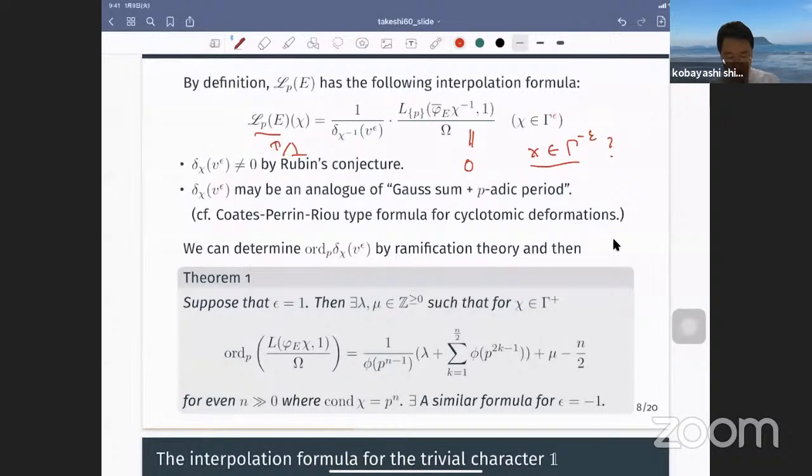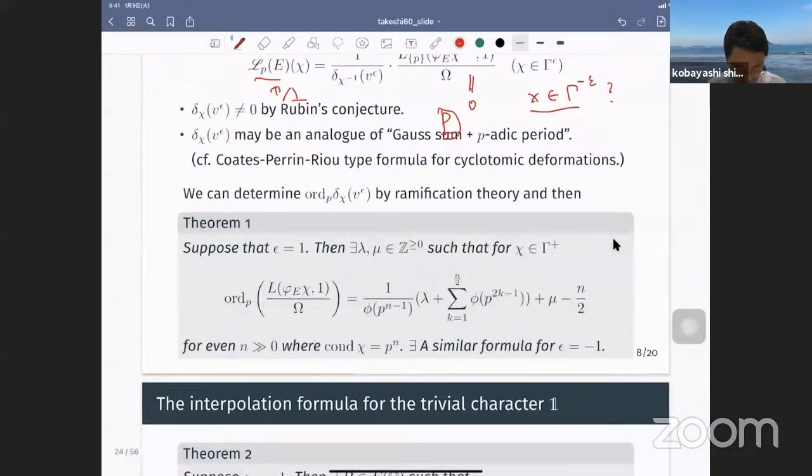0. So if the L value is 0, then by the BSD conjecture we expect a rational point P in the chi part of the Mordell-Weil group, and it is natural to guess that Rubin's p-adic L function interpolates the log of such a rational point. Yeah, and this is Rubin's guess, and we can answer